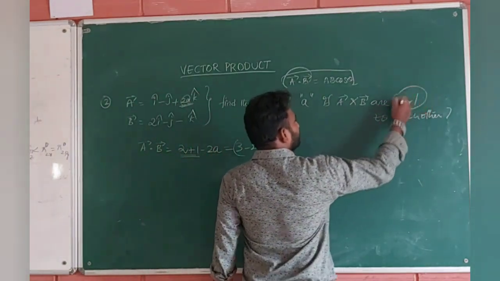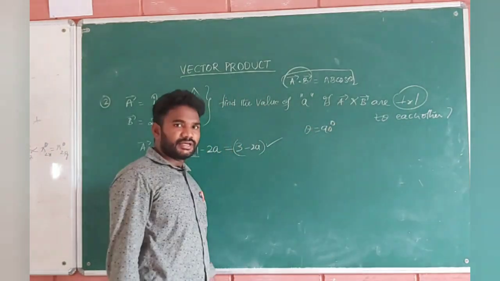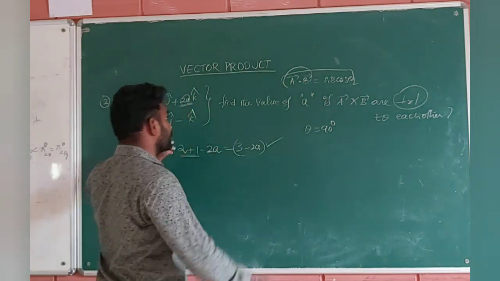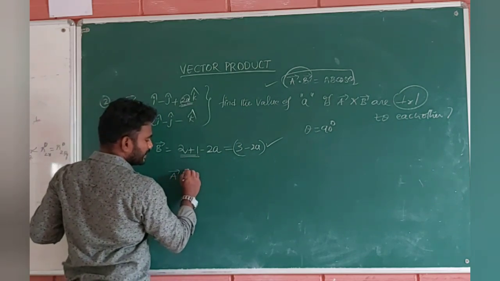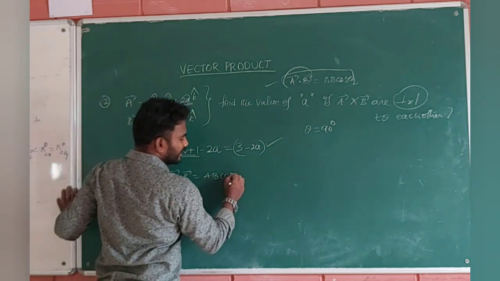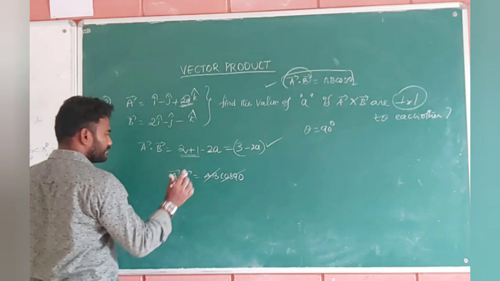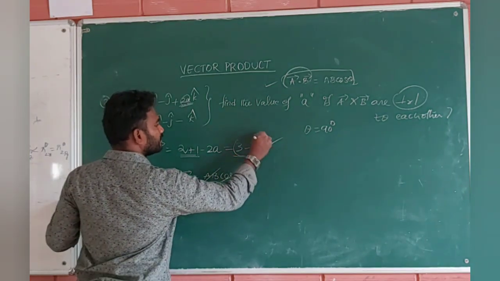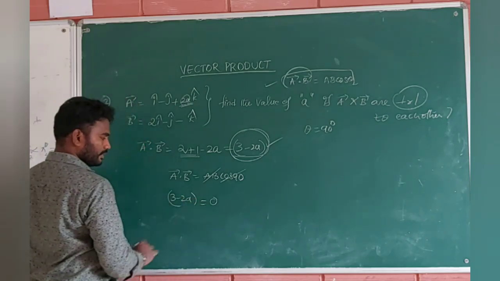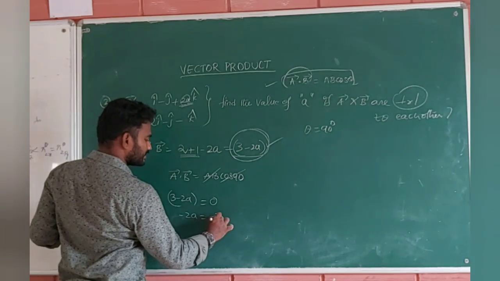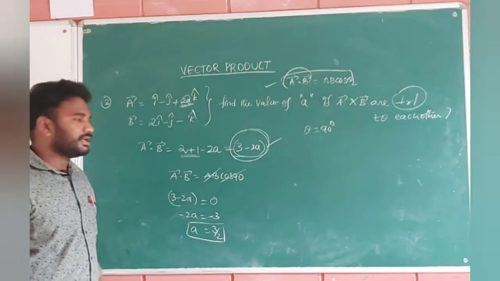Yes. Next. If A bar and B bar are perpendicular to each other, as they have given, perpendicular means theta is equal to 90 degrees, guys. Now, can you substitute this in the equation? That first equation, A bar dot B bar is equal to AB cos 90. Cos 90 value is 0, so everything will be cancelled, it will become 0. So A dot B here, 3 minus 2a, is equal to 0. Minus 2a is equal to minus 3. a is equal to 3 by 2. That's all. Guys, are you understanding how to find a value?